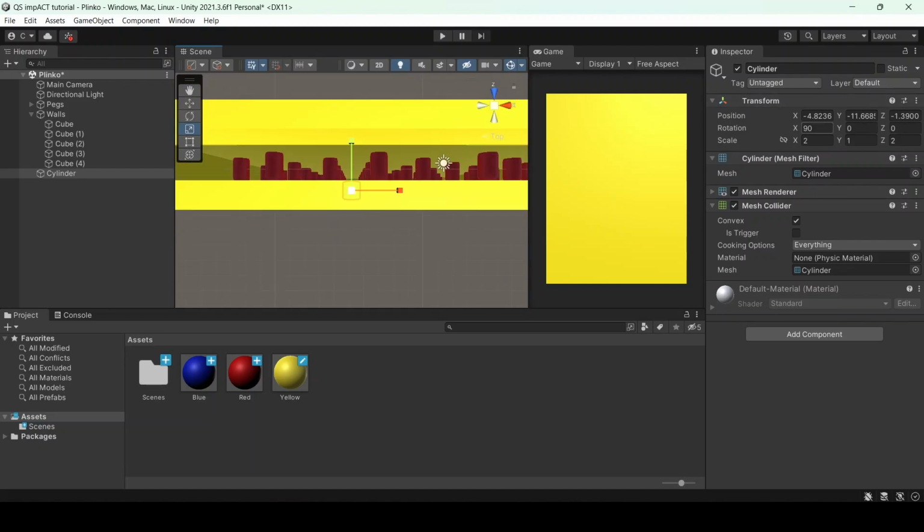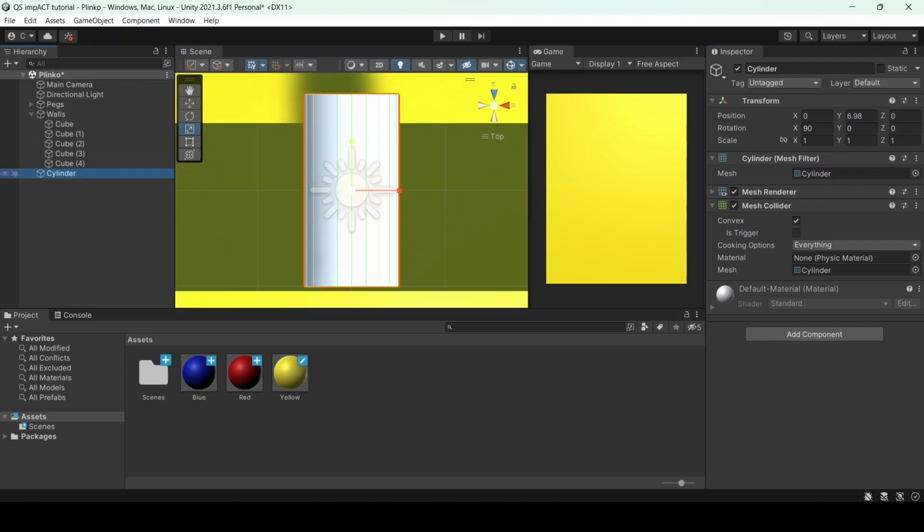And also bring up the puck so that it will be above the walls. And you can double click on something in the hierarchy so that it focuses the camera on it. And then let's scale it in a bit and bring it forward